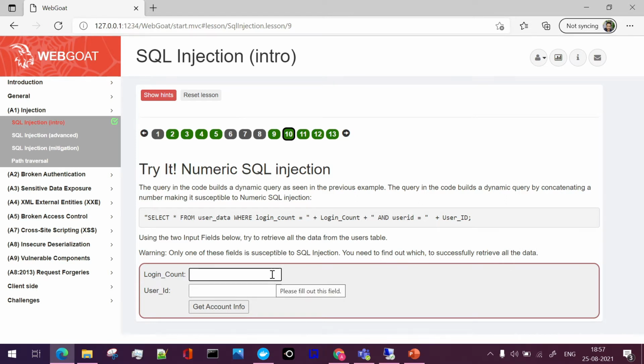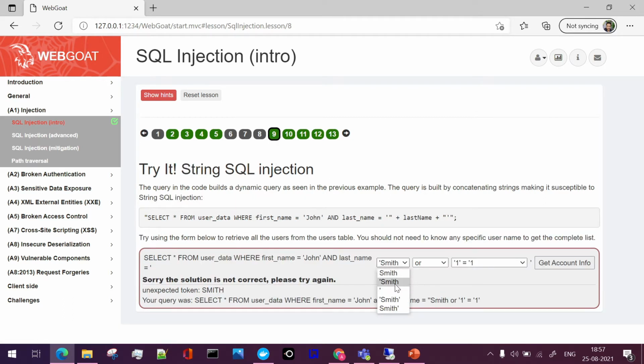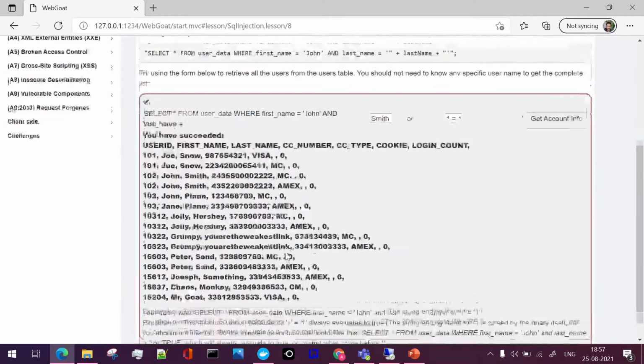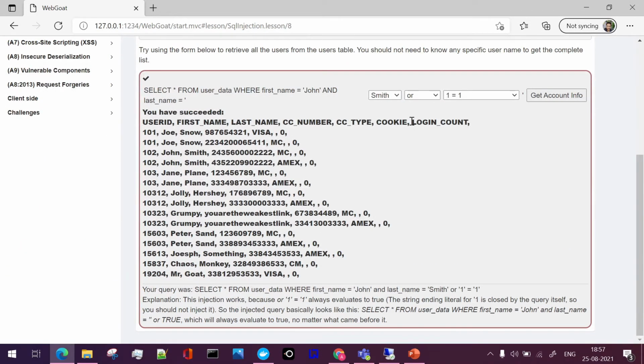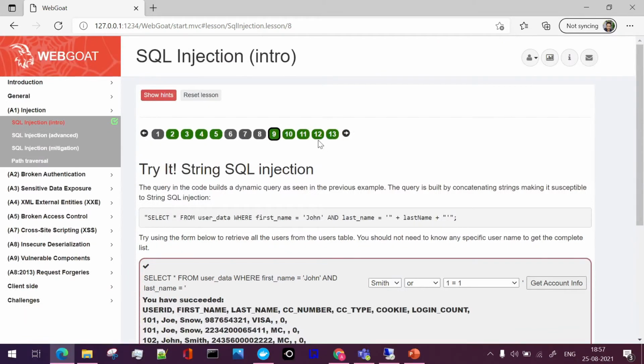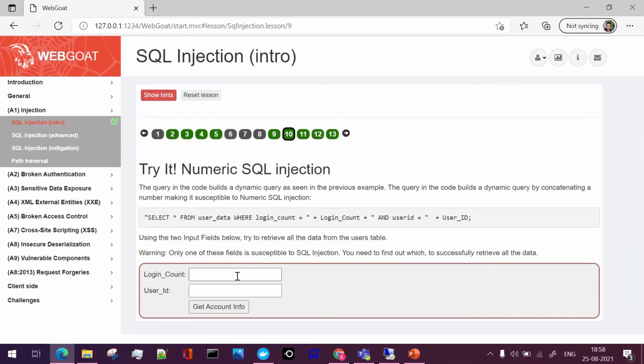So let's try. This is about your user data table. If we just navigate back, this is talking about the same table, so I'll again try to fetch this data to get the information. We have already seen that login count will always be 0, so it is a numeric value firstly. So I pass login count as 0 and a user ID of anyone.